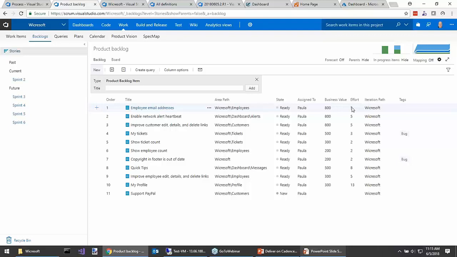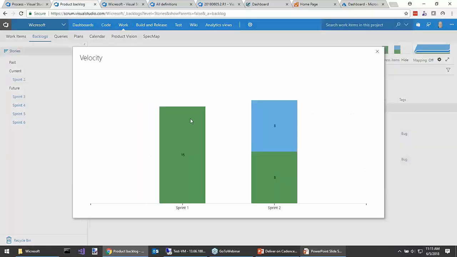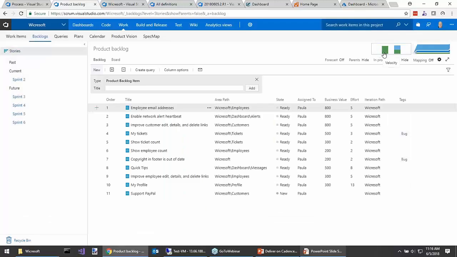So it's the Scrum team, all the developers plus the product owner, that sits down here and says, hey, we've got a sprint coming up. Let's maybe look at our velocity here as one data point. In sprint 1, we were able to complete 15 points, whether these are story points or whatever you call them. So when planning sprint 2, we want to be near that number, sometimes over. You might have a little courage to go beyond your velocity as you're forecasting a new piece of work. But the forecasting capabilities here, and even estimating items in the backlog, it's really up to the team to decide if they want to do that.